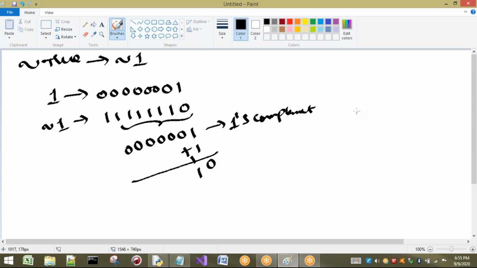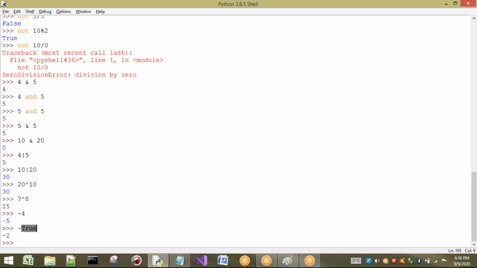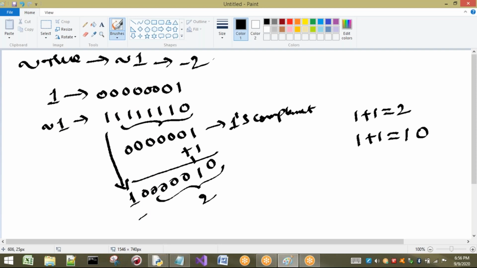So don't worry, 1 plus 1 is not 1. Generally in decimal 1 plus 1 is 2. In the same way, in binary 1 plus 1 is nothing but 2 only. 2 in binary is 1 0, so that 1 will be carried here, 0 will be here. So 0 plus 1 is 1, and the sign bit will be added here. So this indicates negative, and this value is 2. So the answer is minus 2. Okay, right, the answer is minus 2. So this is the example for your bitwise complement. Internally this type of operations will be done.